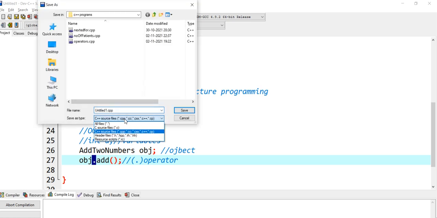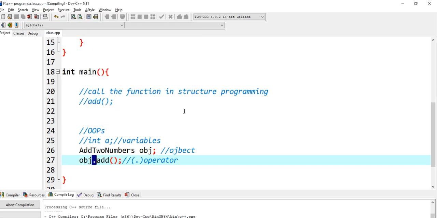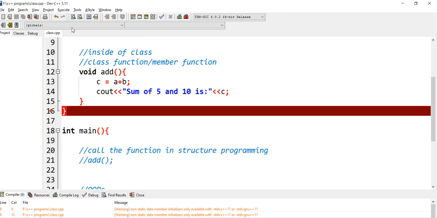Yes, we are going to use an example. Let me just show you the example of function first, how this function is going to be called. So we got an error.